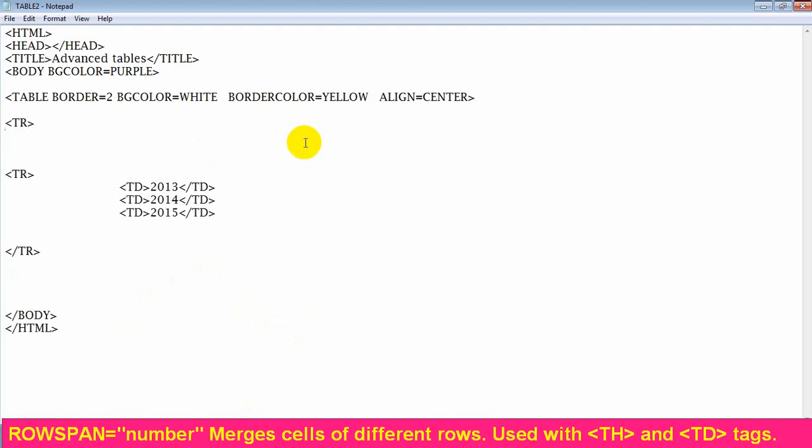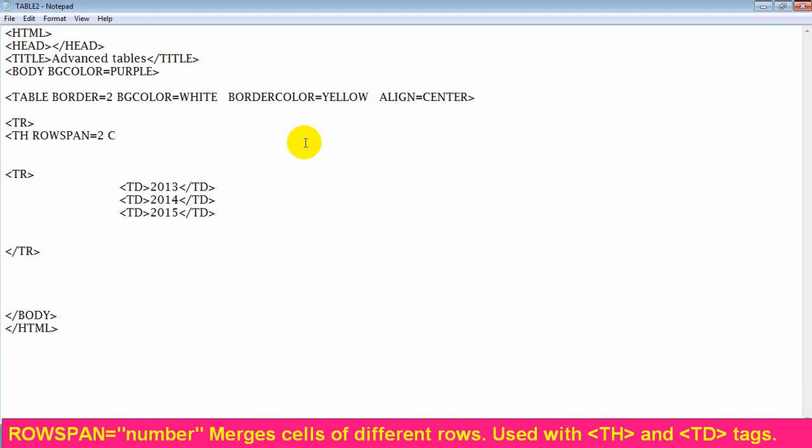Now we want to merge the cells of different rows, like table data, table heading. Now rowspan equal to 2.